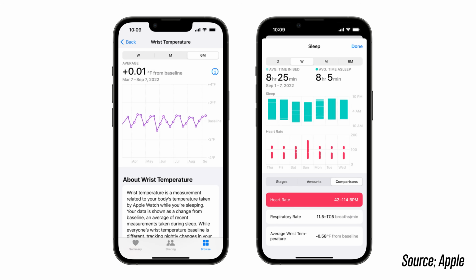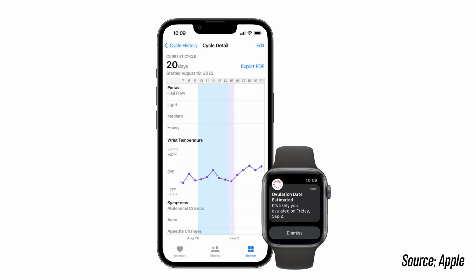And then you'll be able to see all this data in the Health app. And then after 5 nights of sleep, you'll be able to see your wrist temperature trends, which can help you assess how different factors may be affecting your sleep. But that new temperature sensor can also be used for menstrual tracking, where it can give you retrospective information on ovulation cycles, something that I obviously can't test, but I definitely hope to see other reviewers cover this topic with